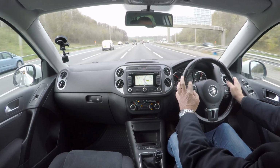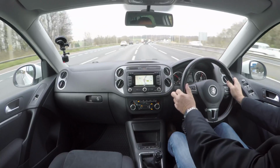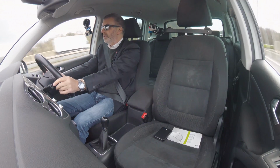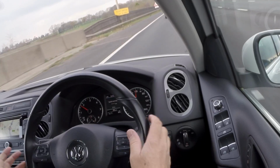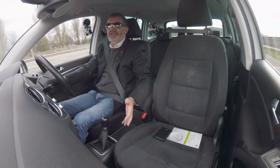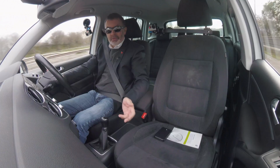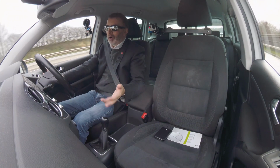Telephone controls on the left and also audio. Just slot in here. Automatic headlights. And I don't like electronic handbrakes. I don't like automatic headlights, and the reason I don't like automatic headlights is they seem to come on